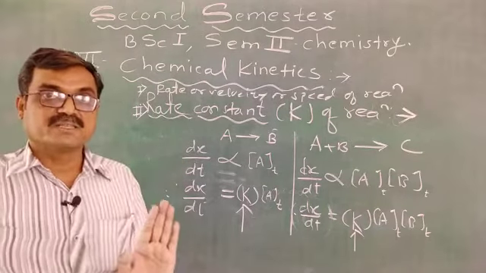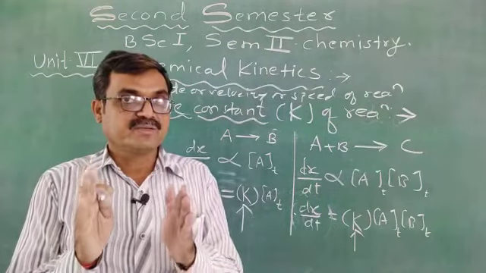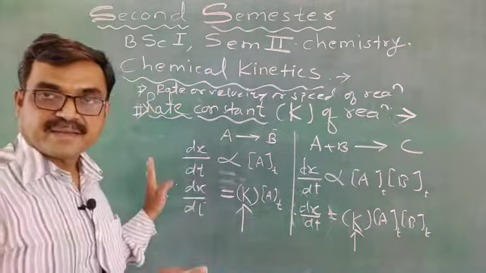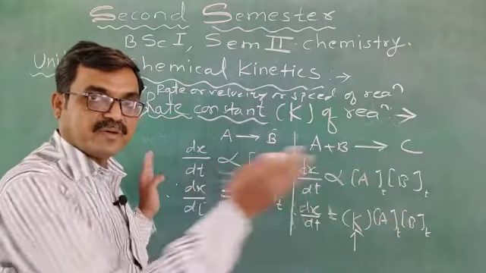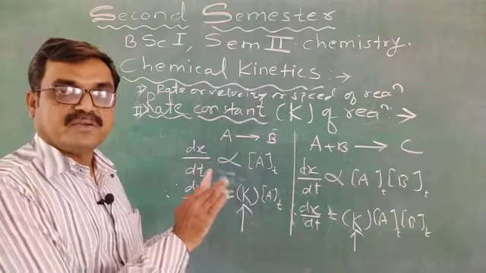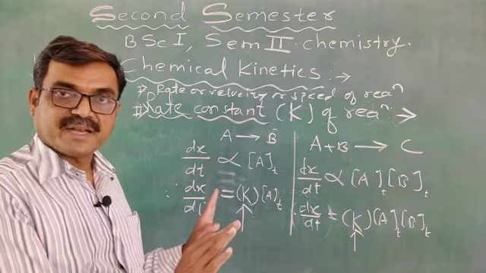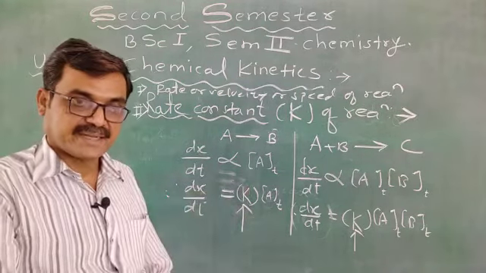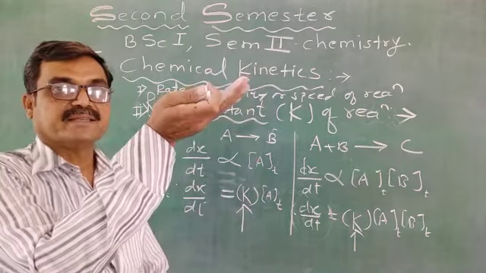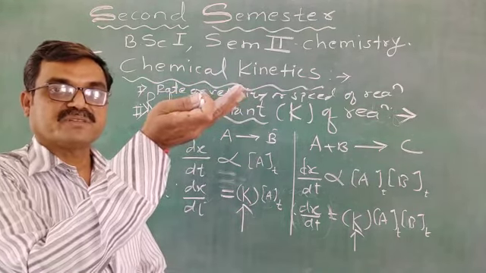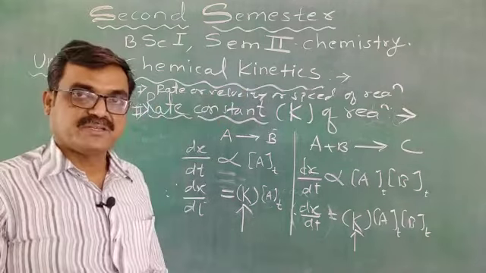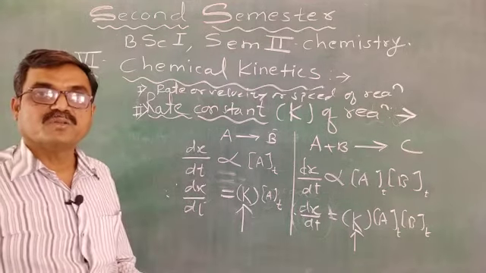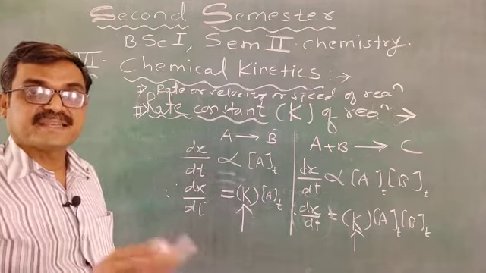But in order to study this, our basics must be clear. So far as chemical kinetics is concerned, you must know reactant is on the left-hand side and product on the right-hand side. Before the reaction, there is only reactant. If you apply the particular conditions as per literature, then the reaction starts. As the reaction starts, the concentration of the reactant decreases, and at the same time the concentration of product increases. The reaction proceeds, and at any point of the reaction, according to the law of mass action, the rate of reaction is directly proportional to the active masses of the reacting species at that time.